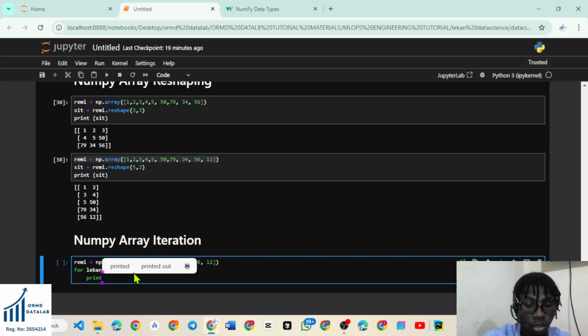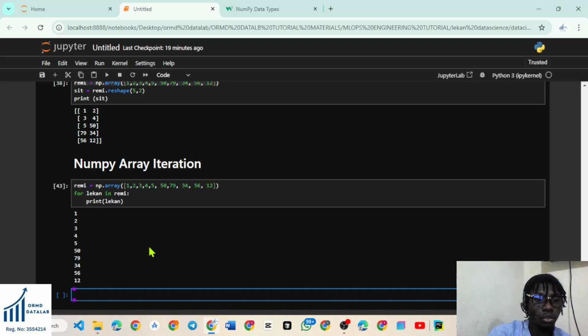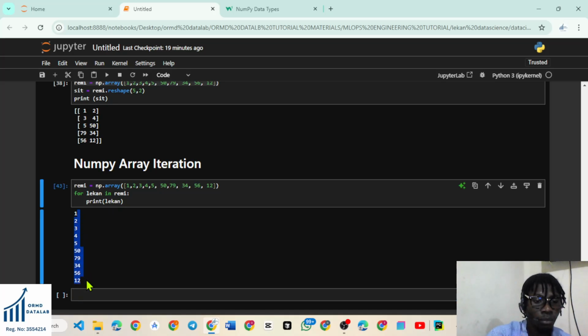So our instruction is now to print what? To print whatever Lekon sees in the loop. So if you click run, you will see that it has done it. So this is the output that Lekon brought. What it means is that each time Lekon goes into this list,